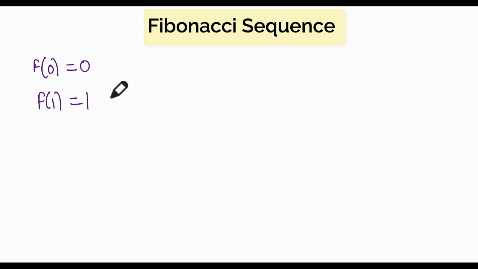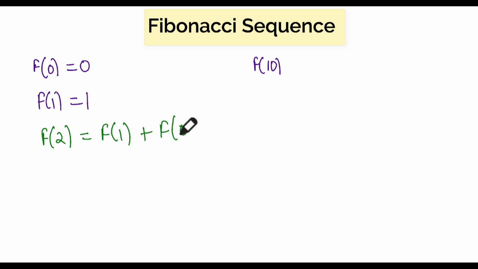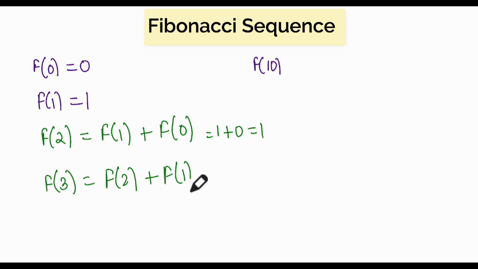So for example, they will ask you, tell me what is Fibonacci of 10. Okay, how will you create that? So what does it mean? In Fibonacci, Fibonacci of 2 becomes equal to Fibonacci of 1 plus Fibonacci of 0. So what is Fibonacci of 1? It is 1. So this is equal to 1 plus 0, which is equal to 1. So you got Fibonacci of 2 equal to 1. Now suppose you calculate Fibonacci of 3, which is equal to Fibonacci of 2 plus Fibonacci of 1. Now what is Fibonacci of 2? It is 1, and Fibonacci of 1 is 1. So it is 1 plus 1, which is equal to 2.